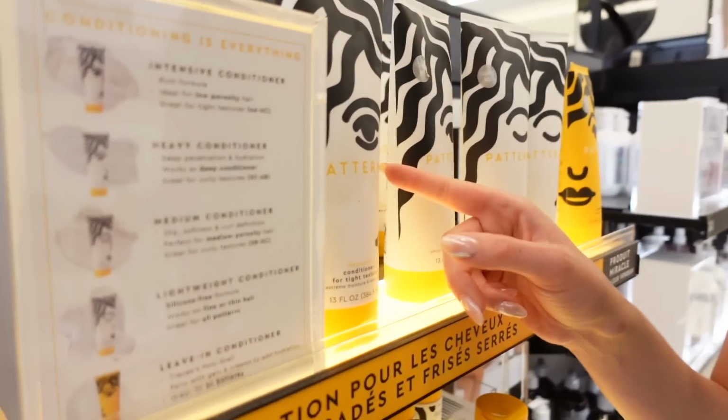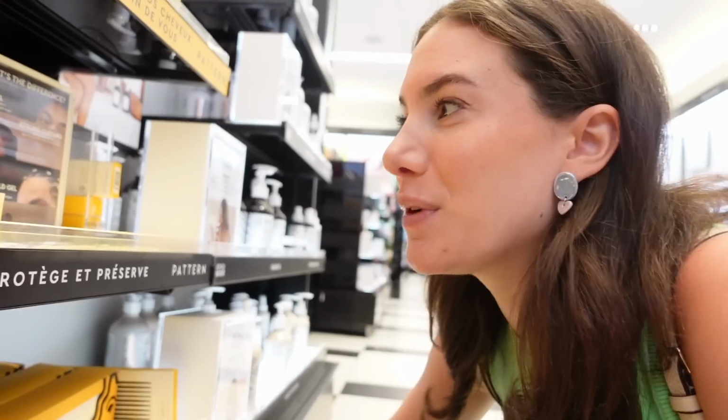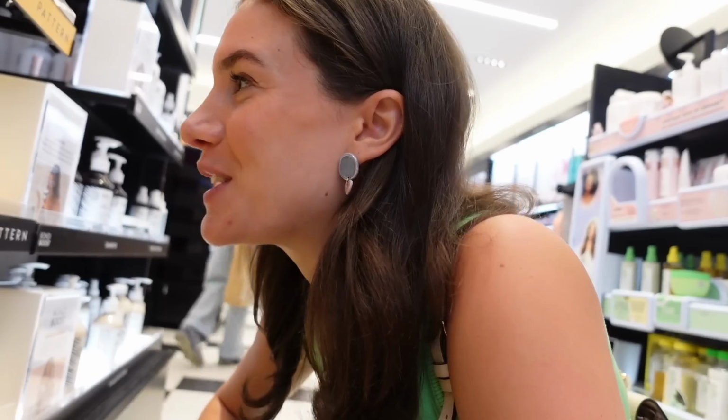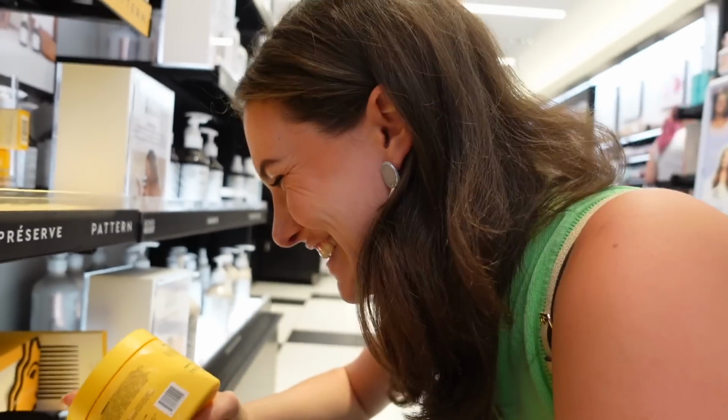Okay, a lot of people have been telling me to try Pattern for my curly hair. So I'm gonna get medium conditioner for curlies. I love how big this conditioner is. I'm gonna get this too. We're really going in. Oh, gel. Custard. Wait, now I'm excited. I kind of want to get like everything from here. Yes. Oh my god. Really going for it. I hope this stuff is good. I want it all. Your face again. It's a lot. Oh my god. Olivia's like...